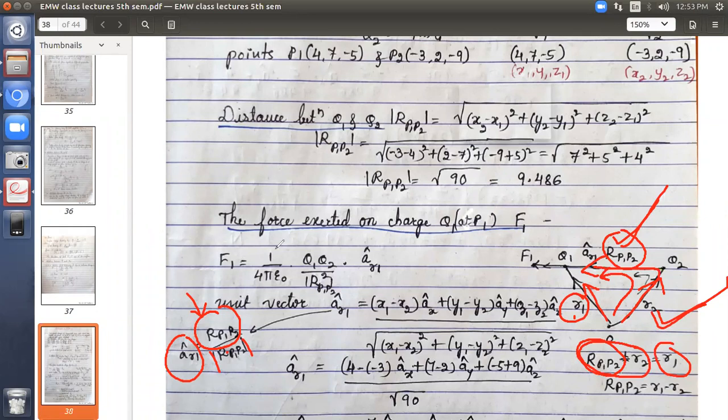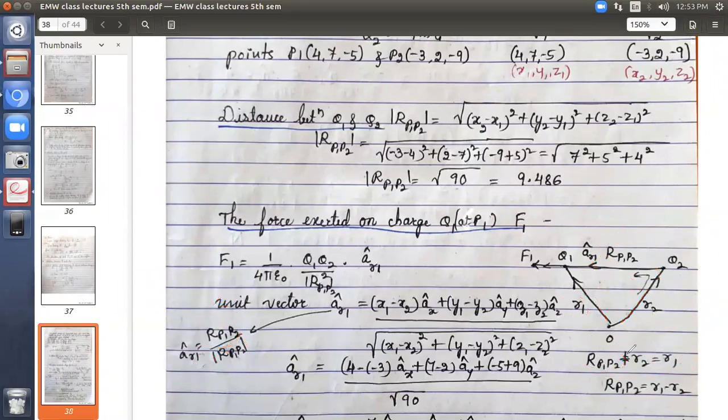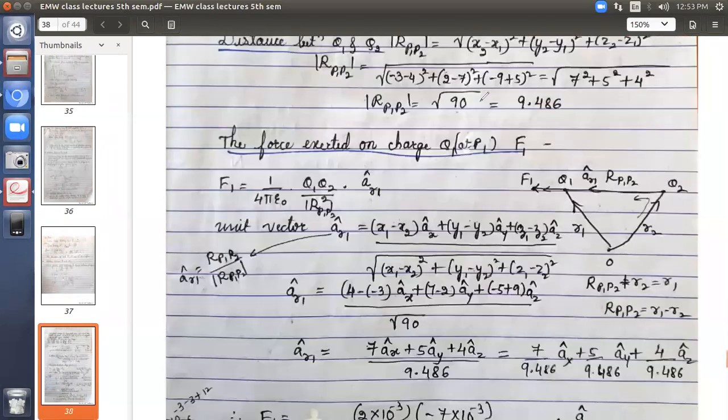So according to this, what we want from the unit vector formula, we want this R P1, P2. So how to find R P1, P2 here? From the triangle rule, this is equal to R1 minus R2. That's why I have written here, just a second, I'll show you. Okay, it is R1 minus R2. What is R1? R1 is,